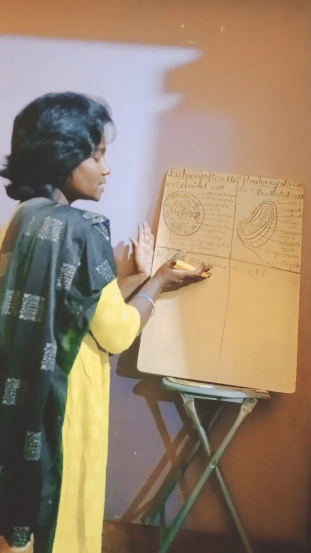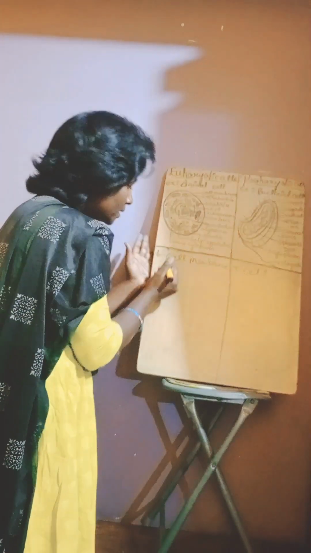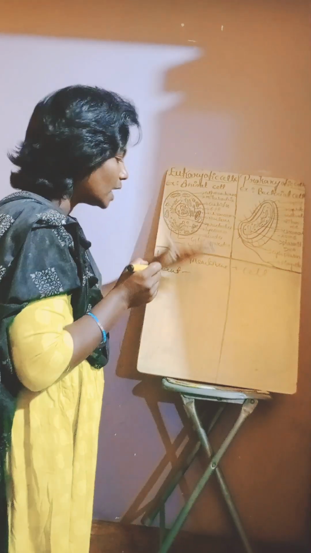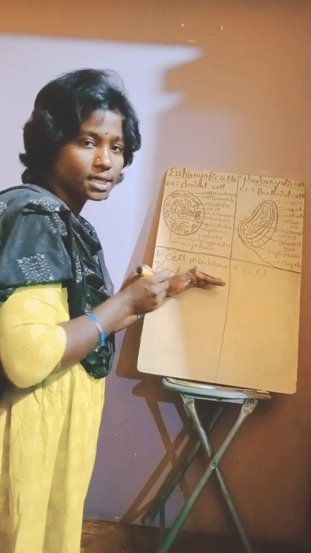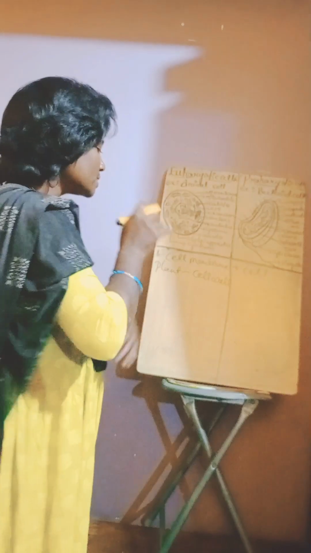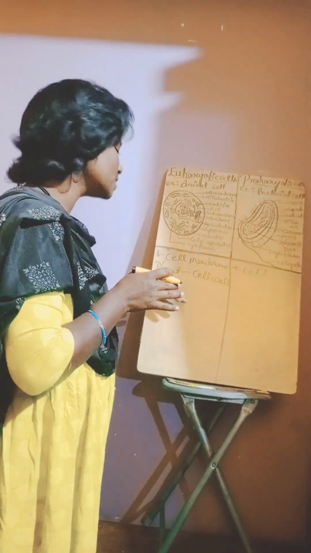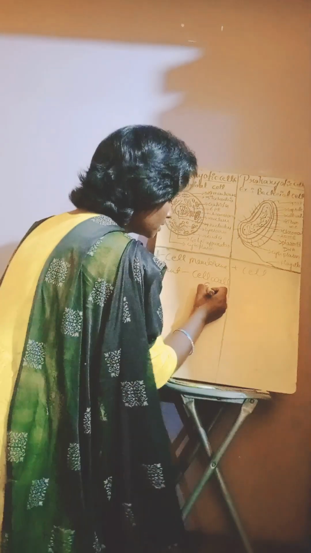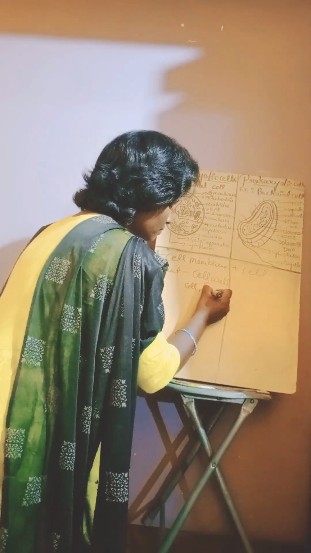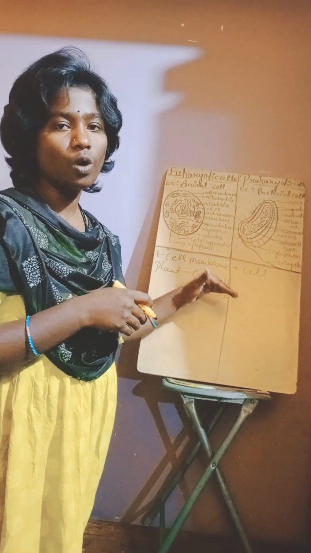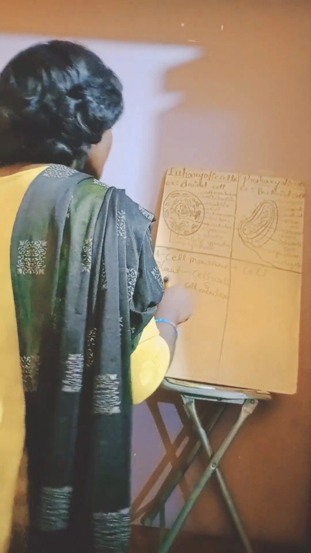Animal cells are covered only by the cell membrane, whereas in case of plant cells, they show both cell membrane and cell wall. And in case of fungi also, the cells are covered by the cell wall. Okay. And next we will see the